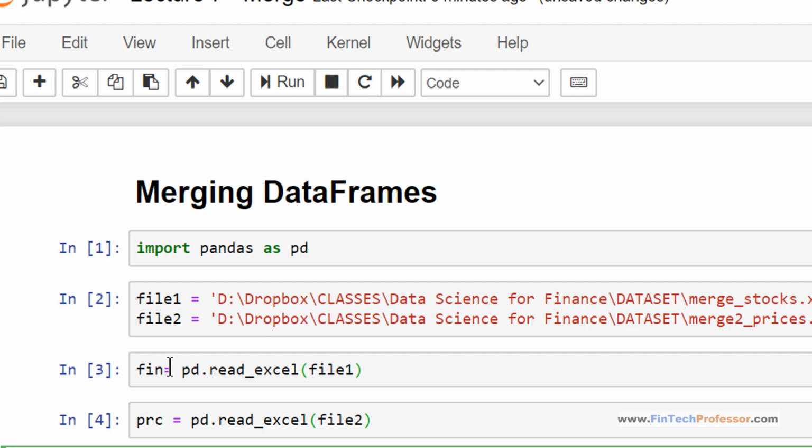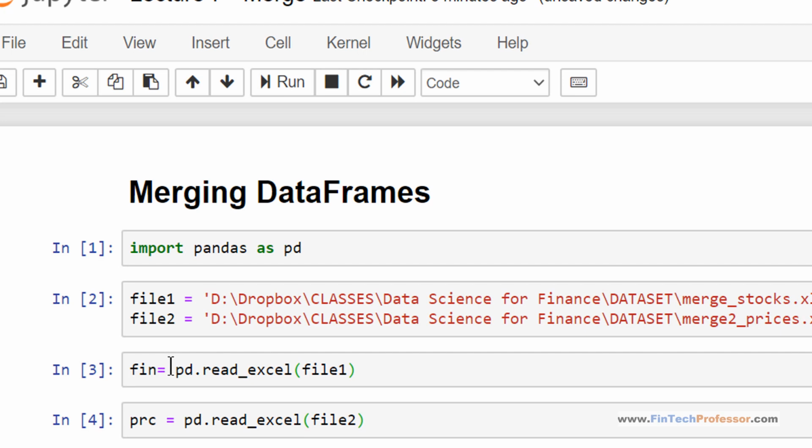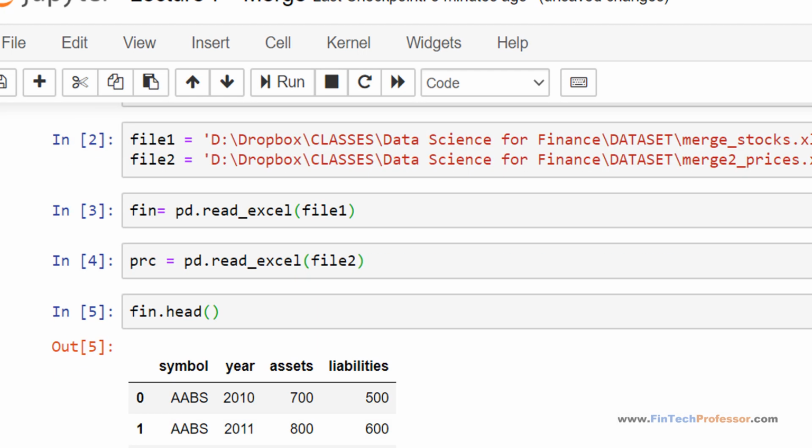If we look at both the files, fin.head, and now the second file, prc.head.